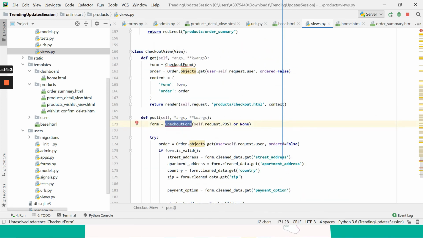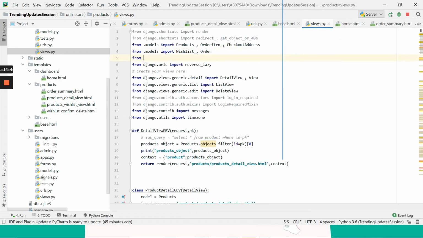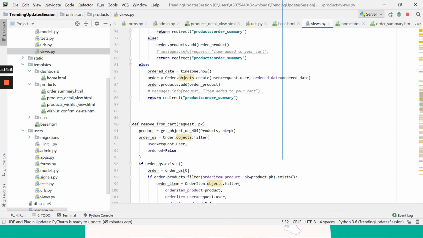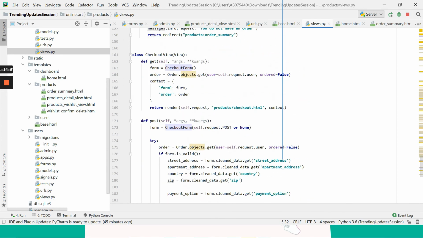And we have also not imported the checkout form that we have created in the forms.py file. Just go here and use the code: from .forms import CheckoutForm. Okay, this checkout form is used. Now you see, we don't have any of the error messages over here.